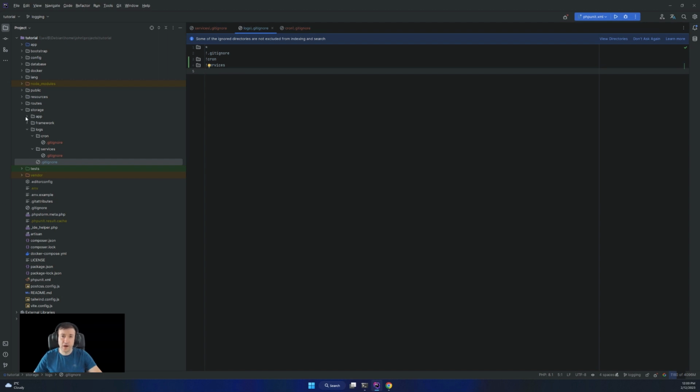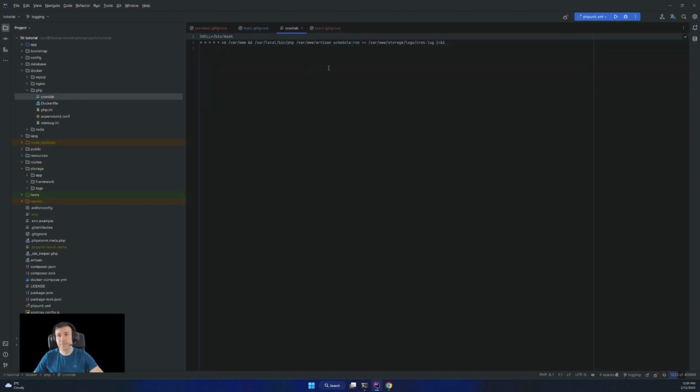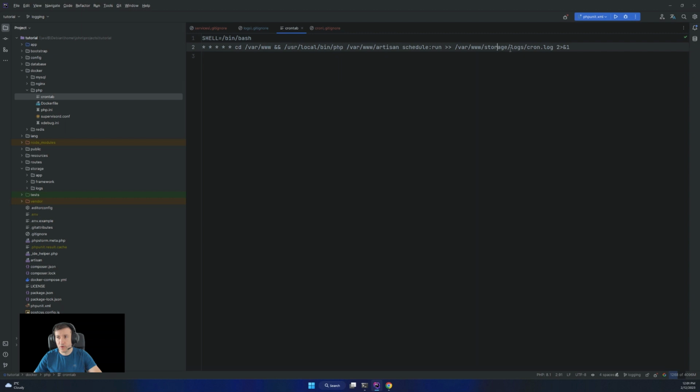Now I will go to Docker and rewrite some of the files inside the conf folder. The first one will be the crontab. In the crontab, I want to go into storage, logs, and then services, and put everything in there. So services, I named it, which means everything will go in there.